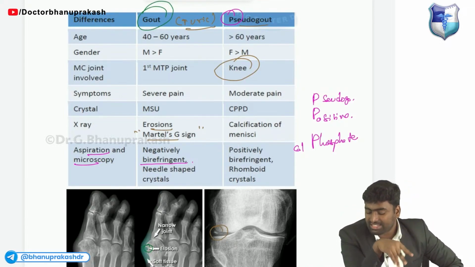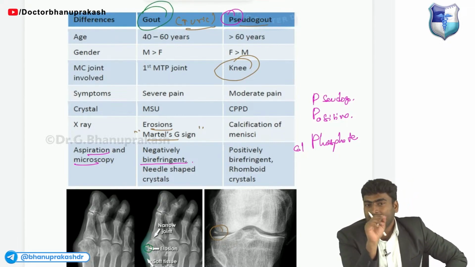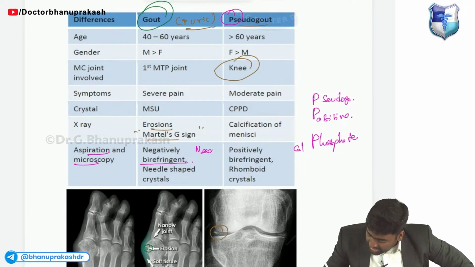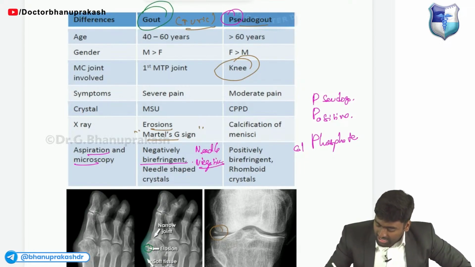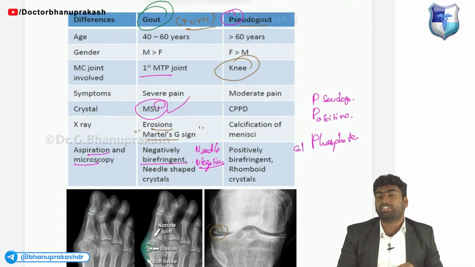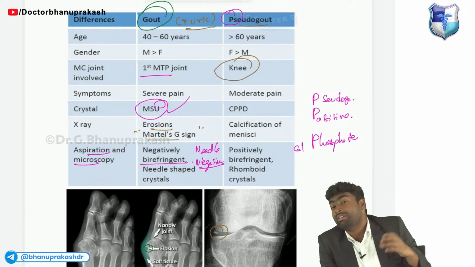Whereas in the case of gout, it will be needle-shaped crystals. It will be negatively birefringent. N for N: needle and negatively birefringent. Remember, the crystal is monosodium urate crystal. And here the first joint involved is the first MTP, whereas in the case of pseudogout